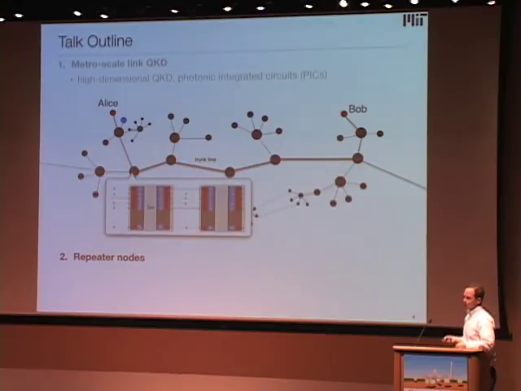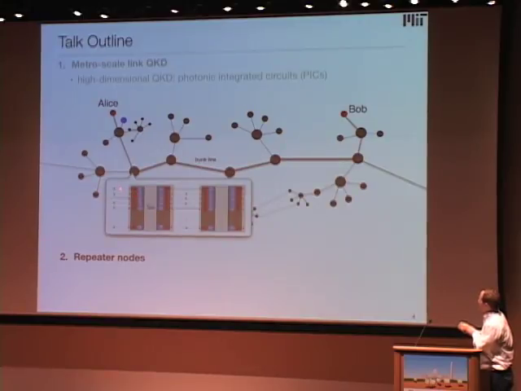So we break the problem up into smaller chunks. And at every repeater node, we have some number of quantum memories that can talk to photons. And we try to send photons between them to establish some entanglement between two memories. For example, here was successful on this link. This is heralded. And here was successful in this attempt and unsuccessful in these attempts. So we record when we were successful.